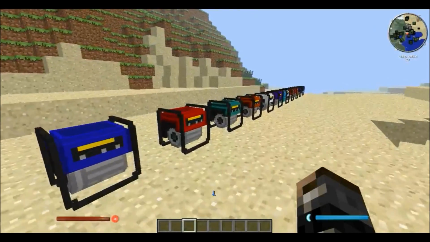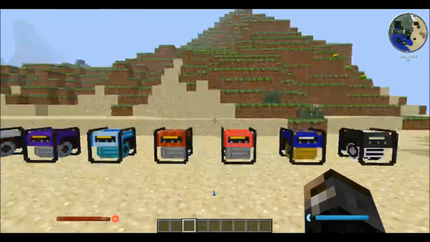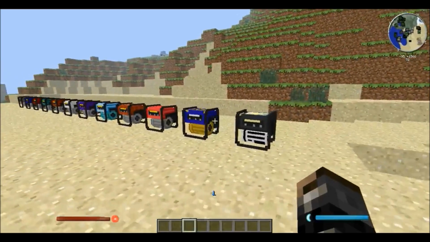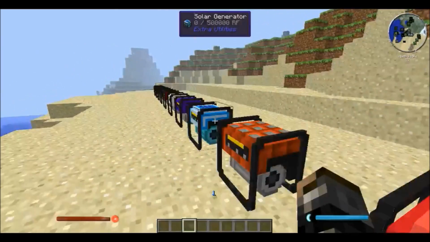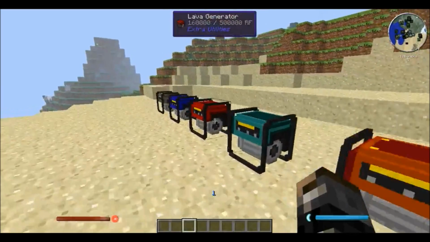Hi guys, Danny here, and right now I'm in my playworld, my survival playworld. As you can see, I have all the items there. But I decided to make this video because I finally found the beta of the 1.0.3 version of Extra Utilities,